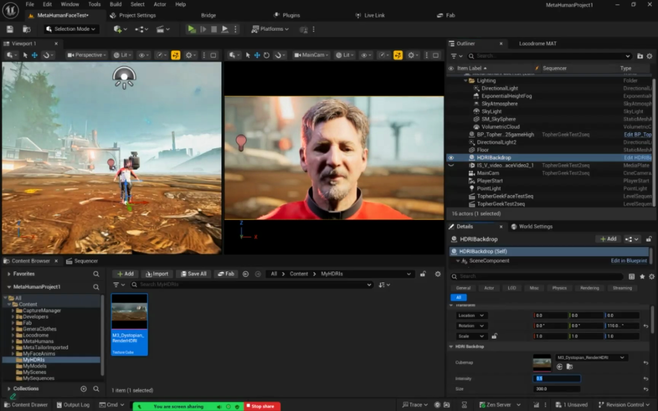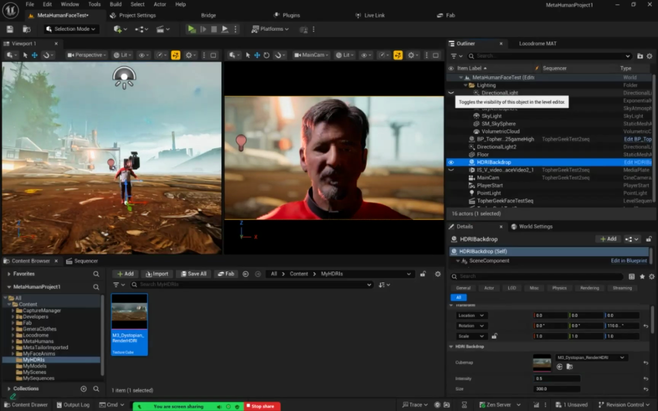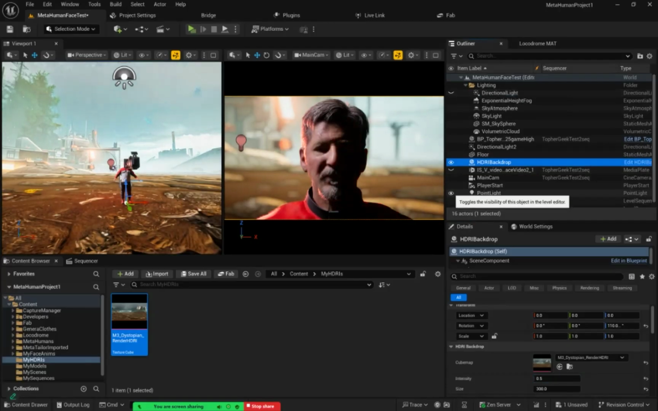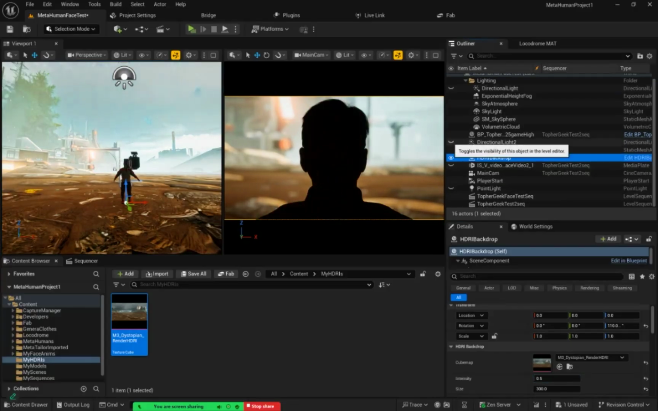If you want to see what your lighting looks like from this image, you can turn off your directional light and your point light and your other directional light. And you can